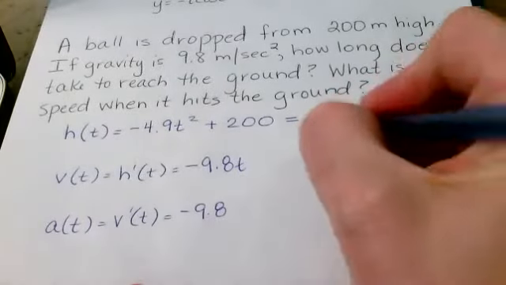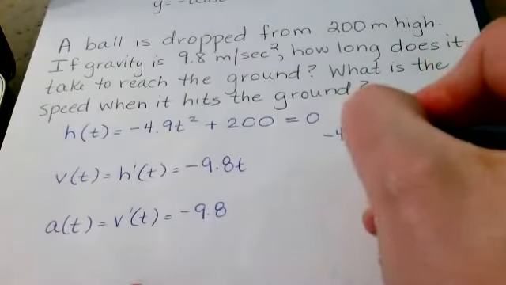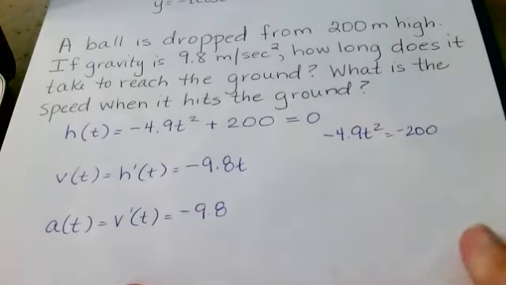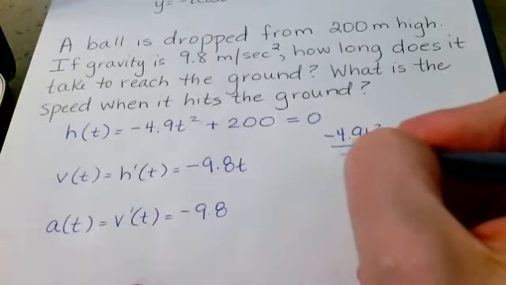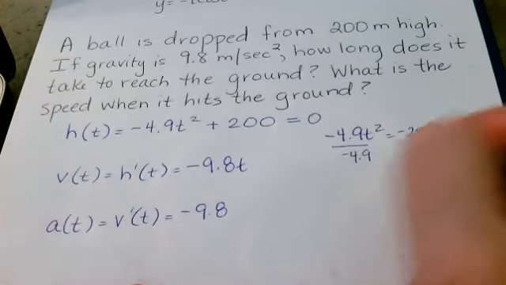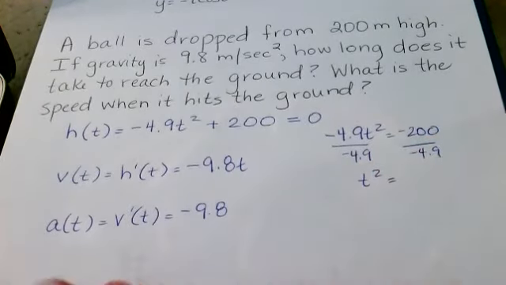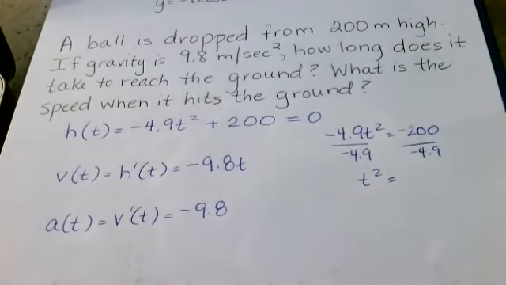Let's go ahead and subtract the 200. I'll write that over here. Then we can divide by the negative 4.9. And we get t squared equals 200 divided by 4.9. Let's get a value for that, and then we're going to take the square root of it to get our value of t. 200 divided by 4.9, punching that in my calculator, is going to give me